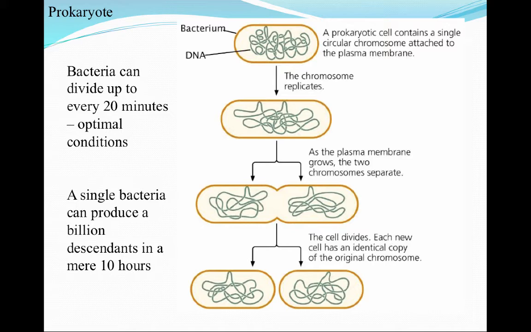Prokaryotic structures really are very, very small, therefore they can reproduce very quickly, like within 20 minutes under optimal conditions. So, for example, with E. coli,